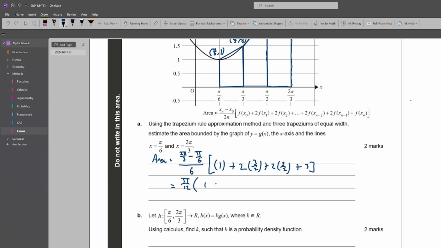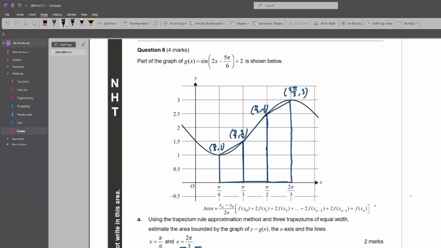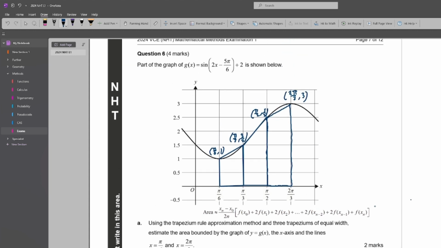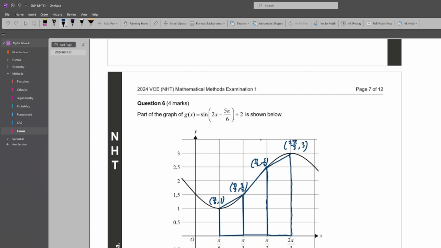We have 1 plus 3 plus 5 plus 3 is 12. 12 pi on 12 equals pi. Equals pi. Oh, yeah, this is actually quite nice, because usually the trapezium method gives us a decent estimation, but it won't give us the exact area. In this case, this is the exact area, but you can see we start at the trough and we go